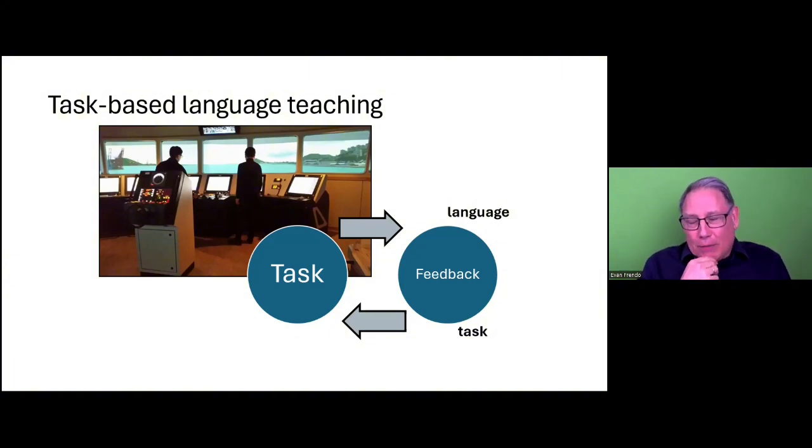In this picture, for example, these two young officers are sitting in a simulator. They're not in a real vessel. And of course, the simulator is fantastic. English teachers would love to do their classes in there because to do the tasks, you need to have access to all the machines and all the information these guys are getting during the task. But of course, the simulator costs something like $1 million an hour to run. So English teachers normally don't get access to the simulator to do their English lessons.